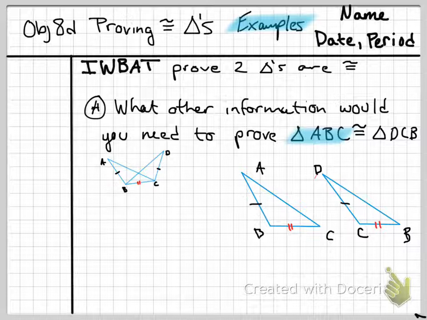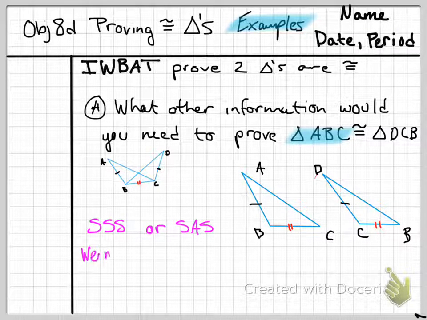So far we've learned two different ways to prove that triangles are congruent. We can either use side, side, side, or we can use side, angle, side. So if we were going to prove that these two triangles are congruent, we either need to know that AC is congruent to DB